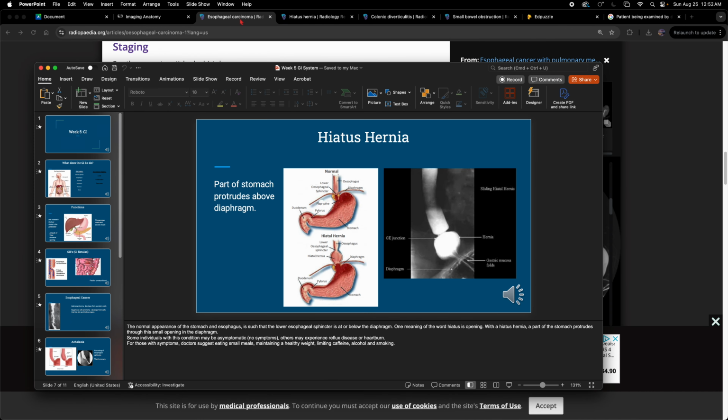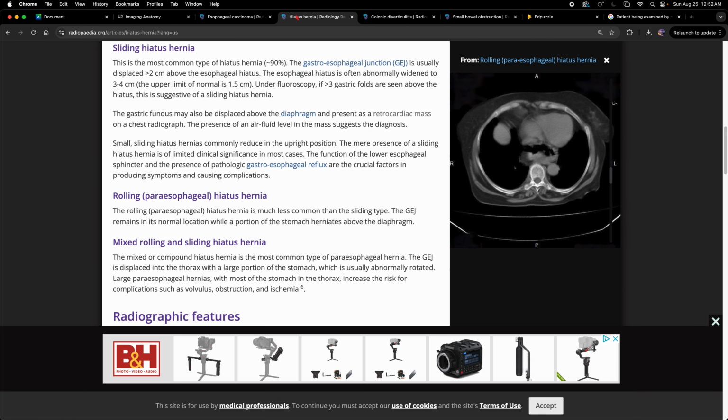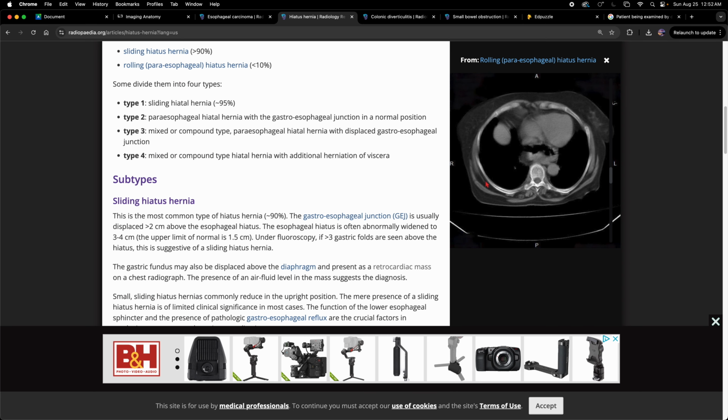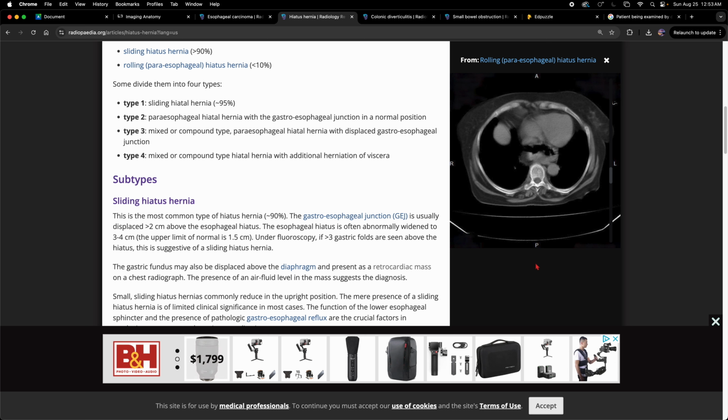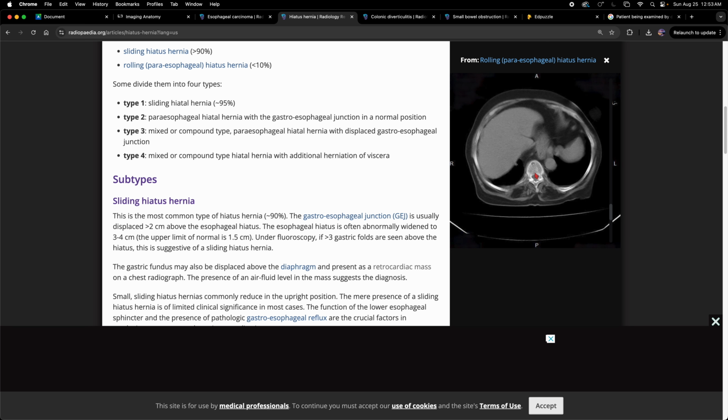Now, quite commonly, it's asymptomatic. Asymptomatic, that just means there's no symptoms. So you might go through your whole life and you might have a hiatal hernia. That doesn't mean it's going to cause problems. So your prognosis is good. We talked about prognosis a few weeks ago. Prognosis, or the likely outcome, is good because you probably will live a healthy life, so to speak, with a hiatal hernia. All right. Depending on how severe it is, you can have acid reflux and some other problems, but